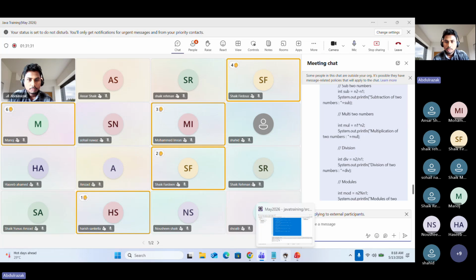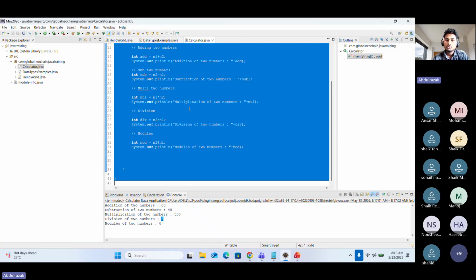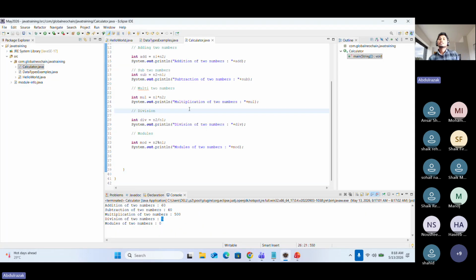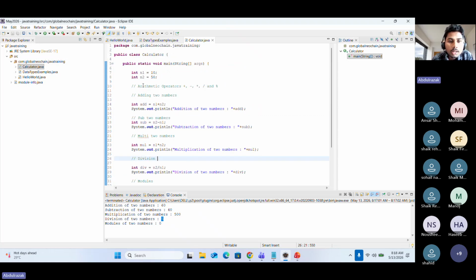And also I will explain one more thing. We have one concept called typecasting. For example, we can assign a small value to a big value. So here we have integer. After adding these two numbers, I will get one value, right? This one I can convert to long. It is possible. If I want to convert to short,